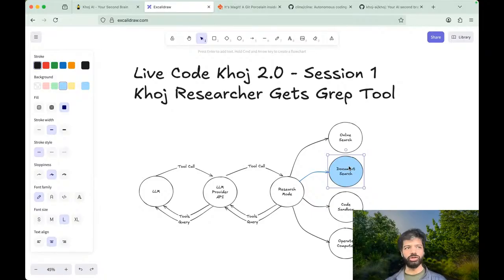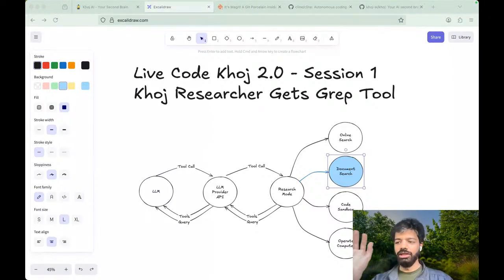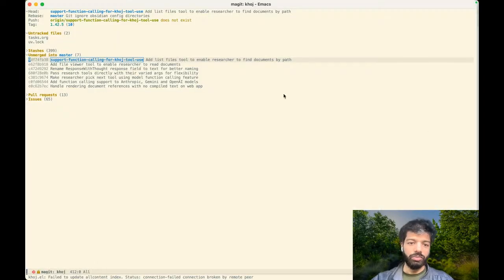Otherwise, you could just dump your whole document set into the LLM and get the answers. You would not need a natural language search tool or a grep tool or a list file tool or a view file tool. All of it is within the model's context. But that's not what we can do. It's not practically or technically possible. So these tools are required to give the model the relevant context at the point that it needs it. Okay, so hopefully that's given folks a little bit of why we want to do this, and a little bit of context of what we're planning to build, which is the grep tool.